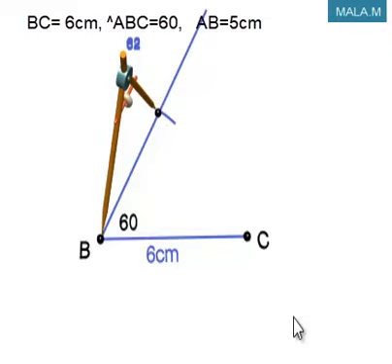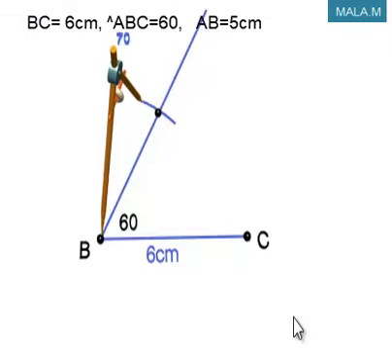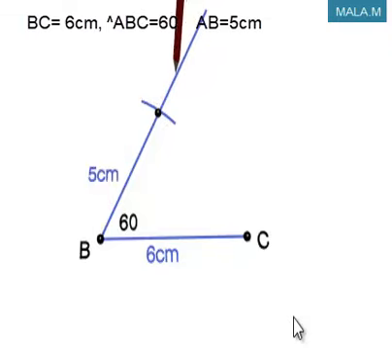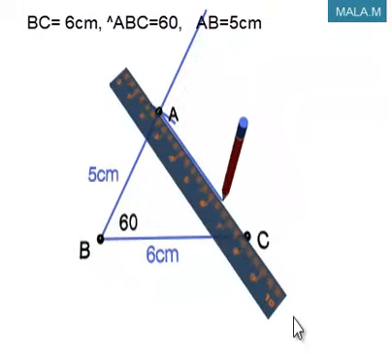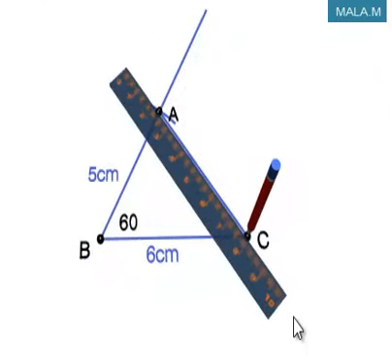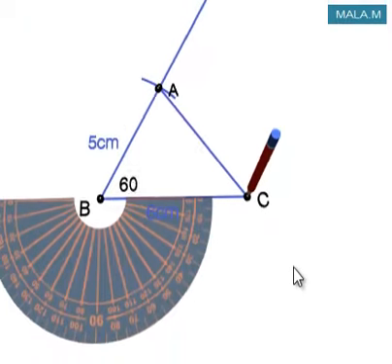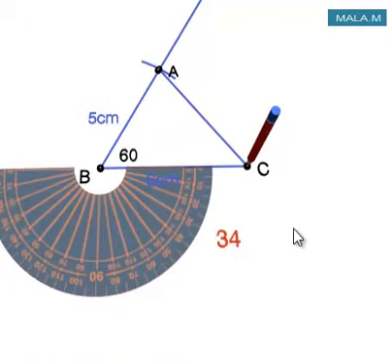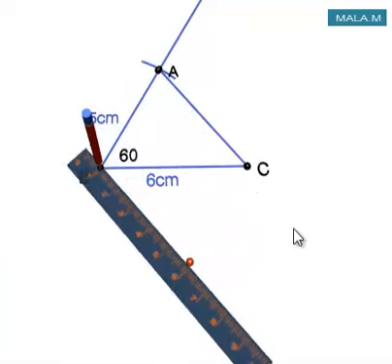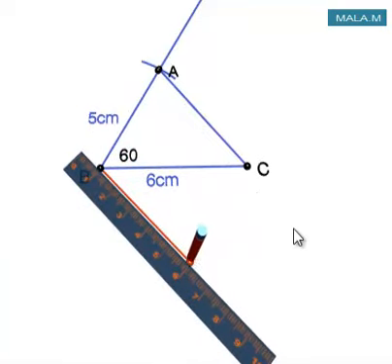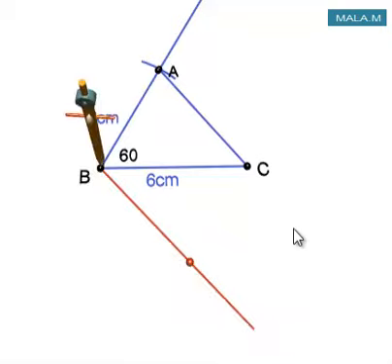Now take a radius length of 5 centimeter and construct an arc by keeping B as center. Give a name to that intersection point of the arc and the line segment as A, and now join the points A and C. Construct an acute angle with the help of the compass. Keep your compass center at B point, measure the acute angle from C point and mark that point. Now join the B point and the acute angle mark by a line segment with the help of the scale.